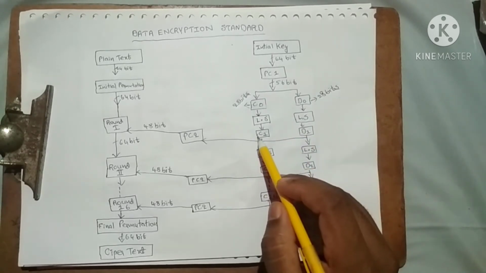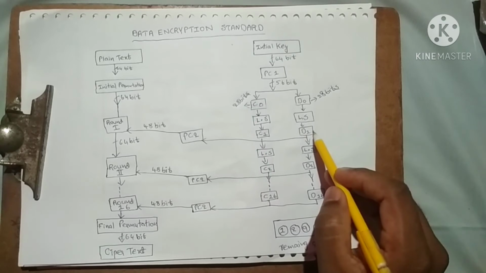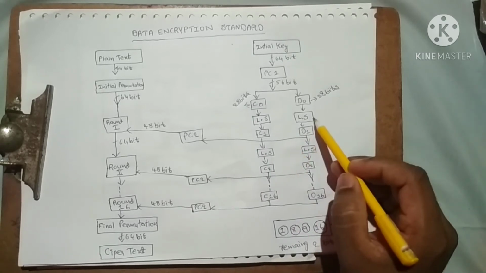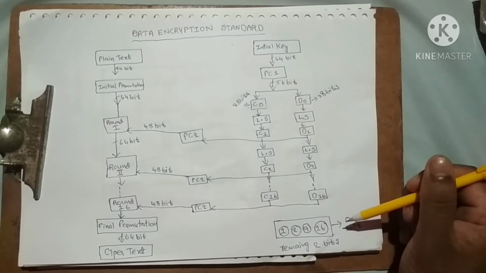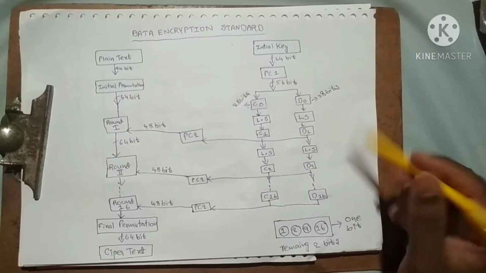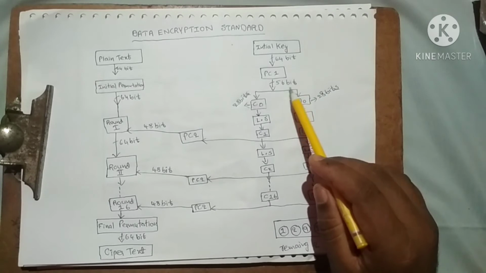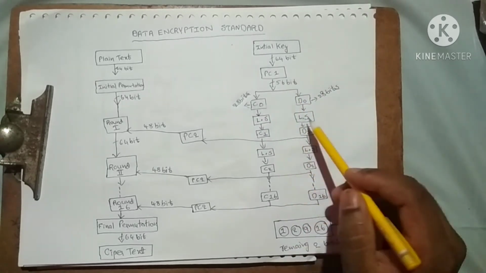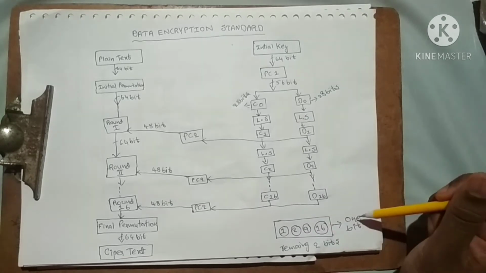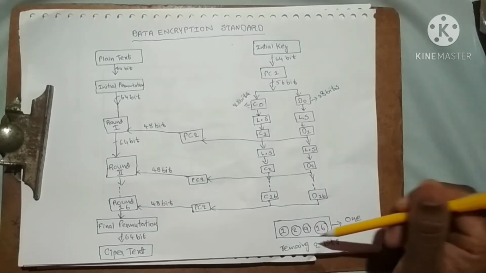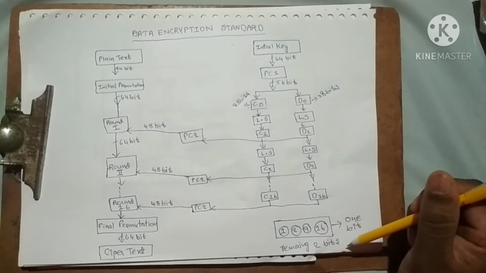The key is split into C1 and D1, each 28 bits, the same size. Here the left circular shift does the shifting of the keys. That means the key has 56 bits, and the 56 bits are rearranged, that is, shifted. Using this technique, for rounds 1, 2, 9 and 16, 1 bit is shifted. In the remaining rounds, 2 bits are shifted.